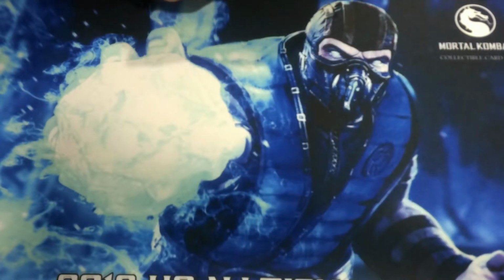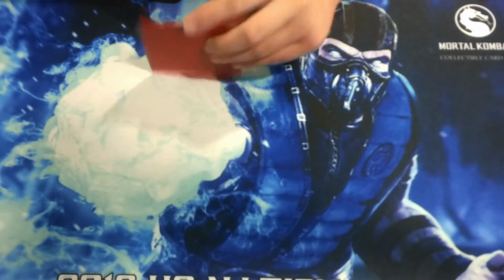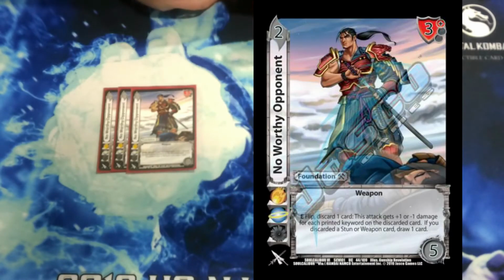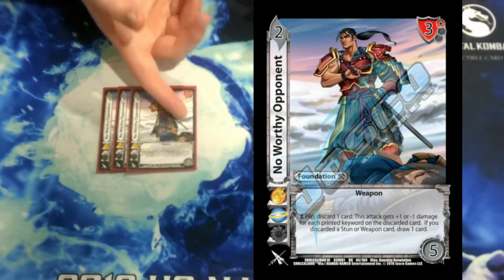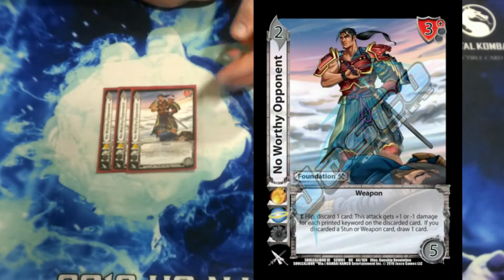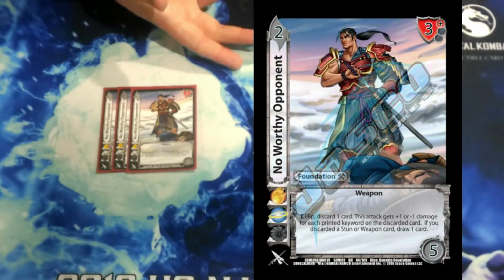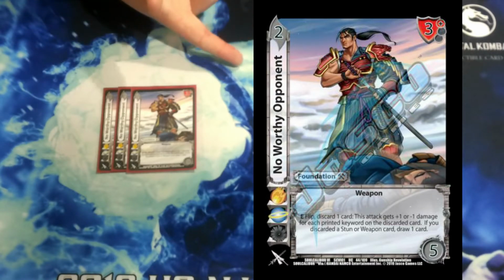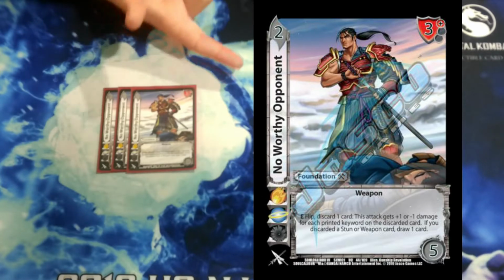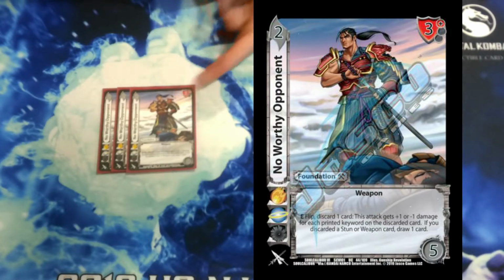This was my favorite foundation, I believe, by far, though. I think even over the Redemption. Noteworthy Opponent. So, I liked this card a lot because Make Way Hua has 4 keywords. And this effect is Enhance Flip, discard a card. This attack gets +1 or -1 damage for each of the printed keyword on the discarded card. And if the discarded card was a stun or a weapon, we draw a card. So any attack that we discard off this, we get to draw a card because all our attacks are weapons